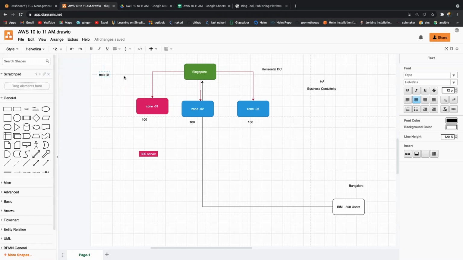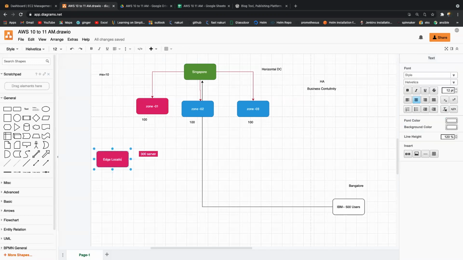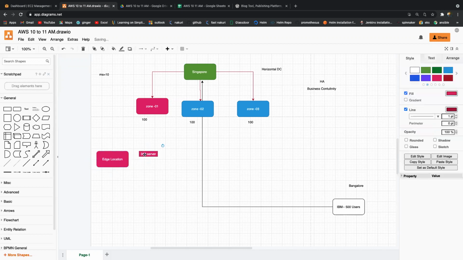Correct. In this case, the cloud seller, they have created one more data center, which it is called edge location. Zone is different, edge location is different. In zone, you can deploy your raw data. In edge location, you can deploy your metadata. I'll tell you. See here, you understand the zone, right? Minimum, how many machines are there? 80,000 minimum. Okay. In edge location, max is 10,000.